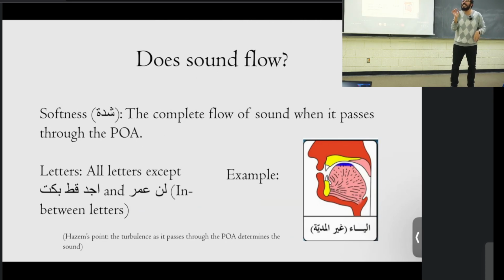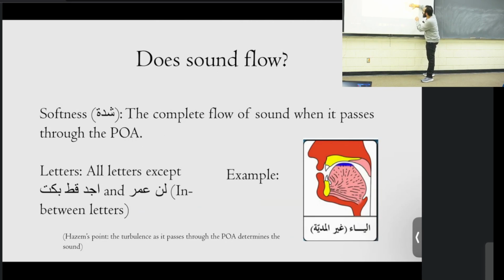Where does the sound come from if I'm not blocking the makhraj? The makhraj here is still open. How is a sound created? Why is there a different effect if the makhraj does not close immediately? Do you understand my question? Why does the simple upward movement of the tongue change the sound?